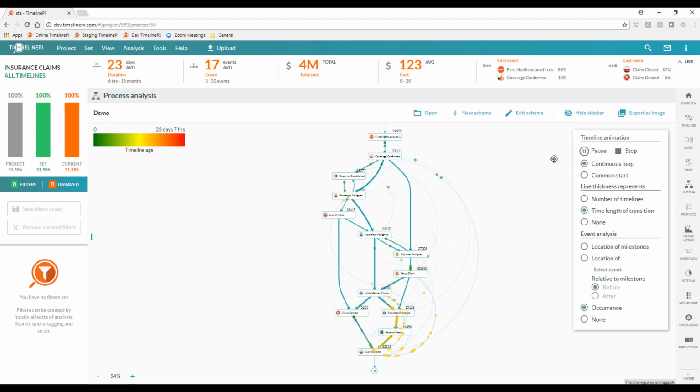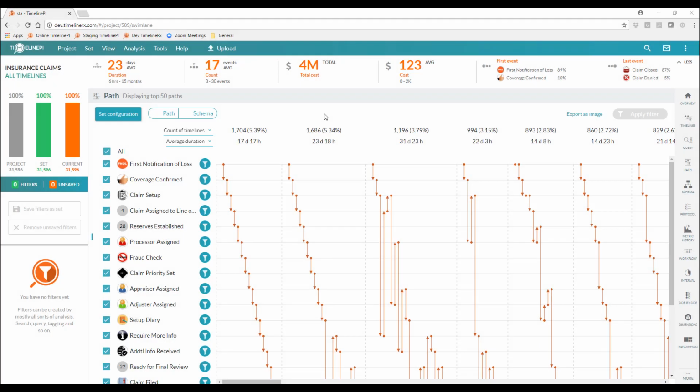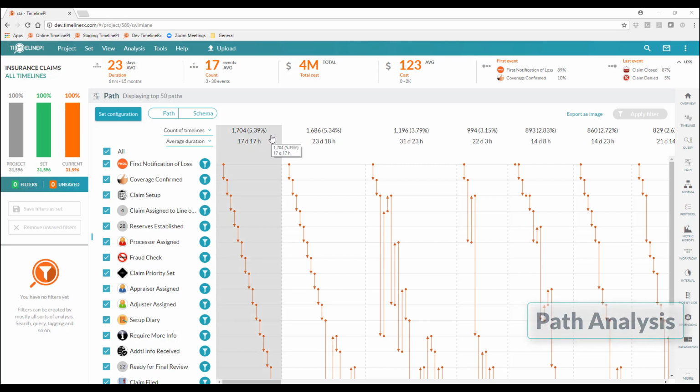So now that we have a much better idea of how claims are generally moving through our workflow, let's go back and take a look at one of the other process discovery mechanisms, which is going to highlight the amount of variability in this claims process. Let's try to put this in a way which is easier to begin analyzing. So those interested in Lean, Six Sigma, really anybody concerned with continuous improvement often will like this type of view of the data. This is a frequency distribution of all of my process paths